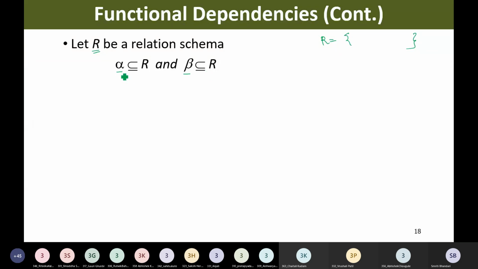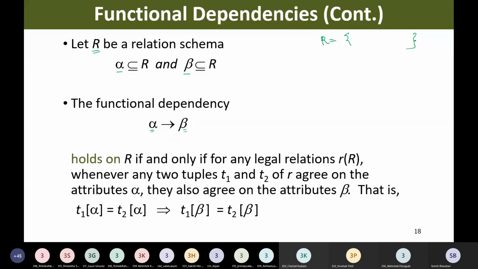And alpha, beta are subsets of R, meaning alpha is also a set of attributes that belongs to R, and beta is also a set of attributes that belongs to R. Now, the functional dependency of the kind alpha determines beta, where alpha is a subset of R and beta is also a subset of R,